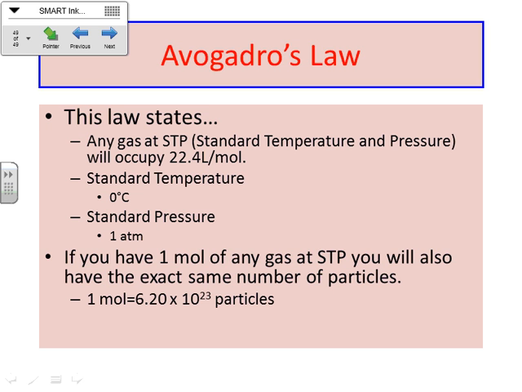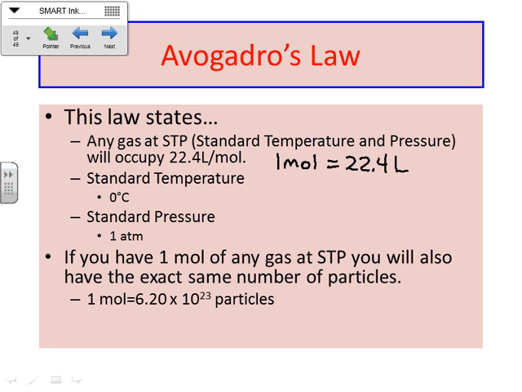Any gas at STP, now we know what STP is because we talked about it the other day, right? Standard temperature and pressure, will occupy 22.4 liters per 1 mole, okay? Now, this is just giving you another conversion to work with. It's basically saying 1 mole of gas is equal to 22.4 liters. You don't have to remember this. I will give this to you on the test. And you may or may not even need to use it, honestly. But I'll give it to you just in case.